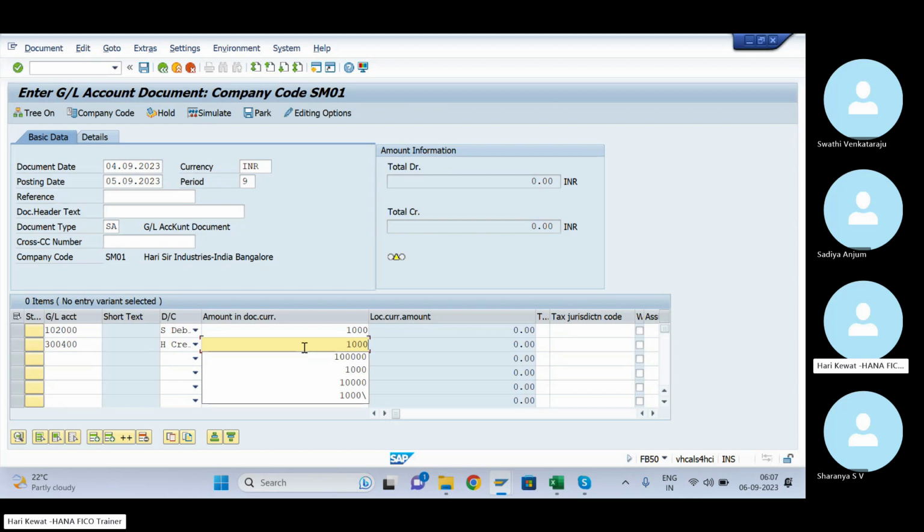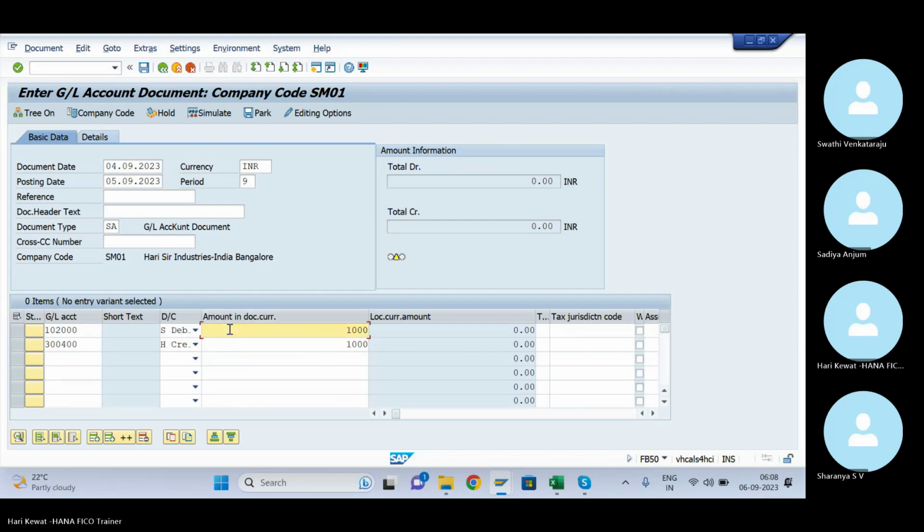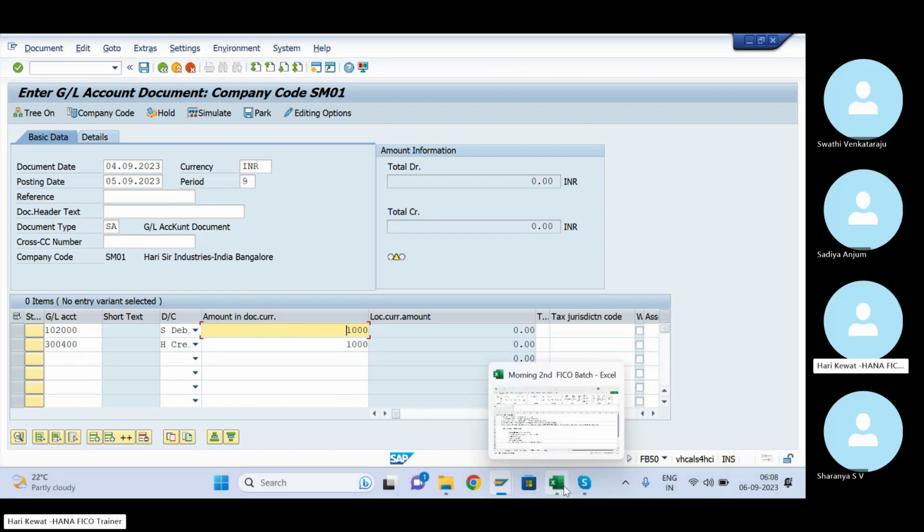Okay, so we park the document, another person reviews the parked document. If he is okay, he will approve. It depends how many layers we have built. So once the last person approves, the document will get posted. That is the major use of the parking document. Very less chance that any information is missing and then I'm parking. It is very less chance, but mostly in interviews also you have to tell this one only: parking and approval process. So that is the use of parking.